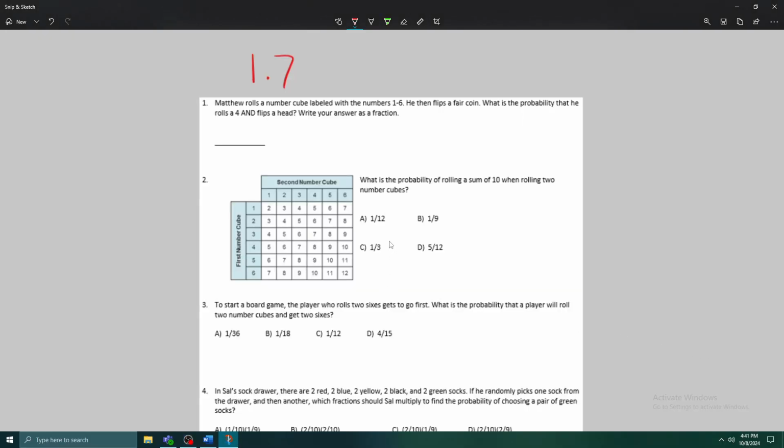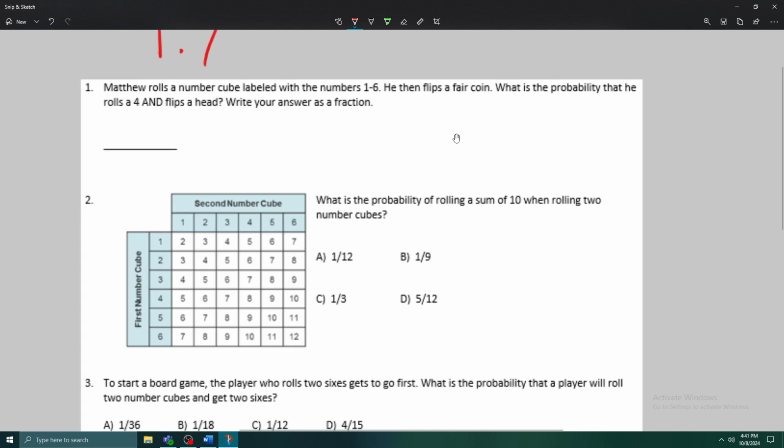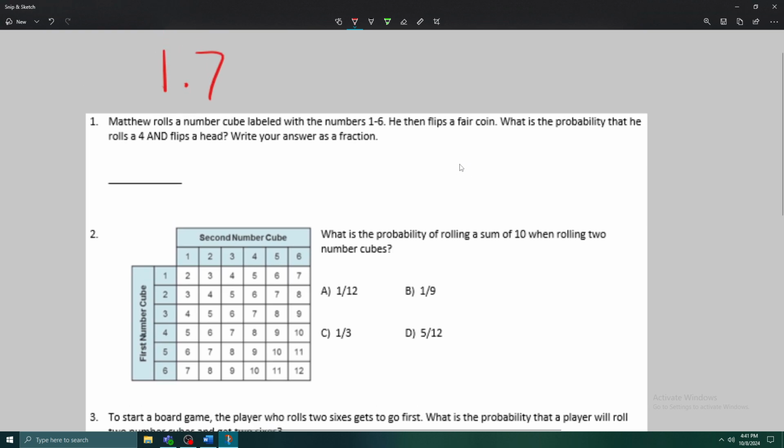All right, so I'm just here to help you out a little bit with 1.7. I forget the exact title, but let's jump right in. I don't want to waste any of your time. It might have been a while since you've seen some of this stuff, so